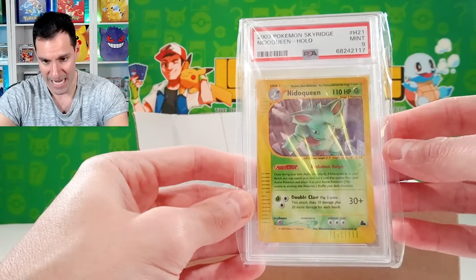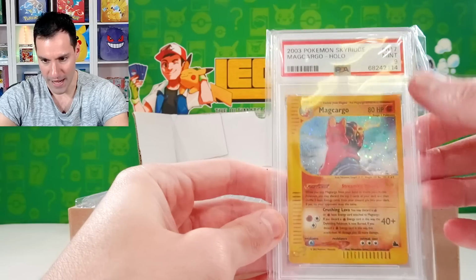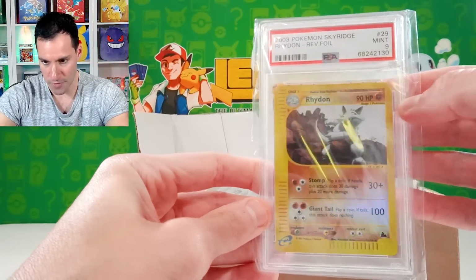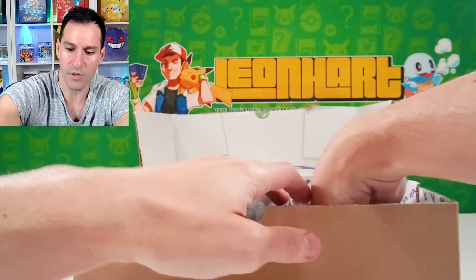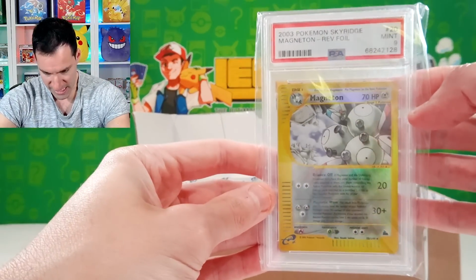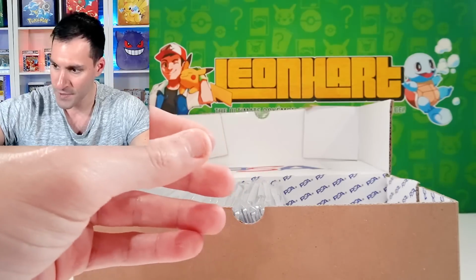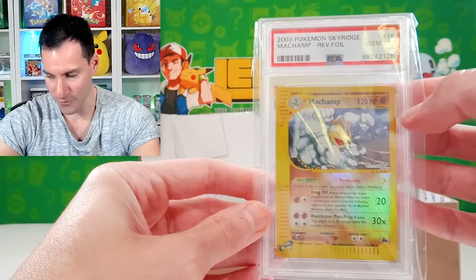Here's a Nidoqueen from Skyridge. That one got a 9. We got Magcargo. That one's a 9. Skyridge holographic. So you're getting sets, Wizards of the Coast. From later on, you get Skyridge reverse foils. All of these are currently up for auction, like I said, for the auction that's ending the Saturday that is coming up. And it's just really, really cool as we get, wow, it's the Magcargo, but now it's a Gem 10. It's just cool to be able to do a big reveal like this, a Skyridge reverse foil,